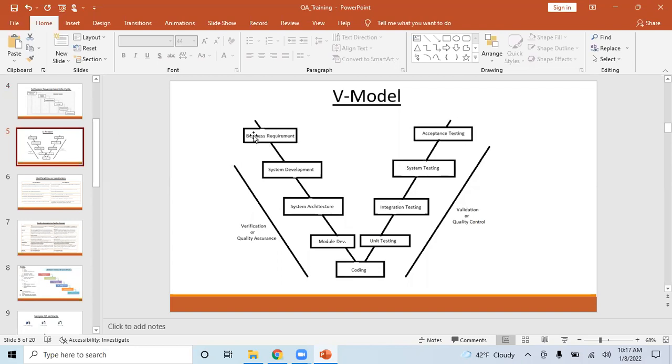So for example, while you're doing business requirements, it should have an acceptance criteria, right? When somebody says, hey, I developed a shopping cart, what is the acceptance criteria for the shopping cart?